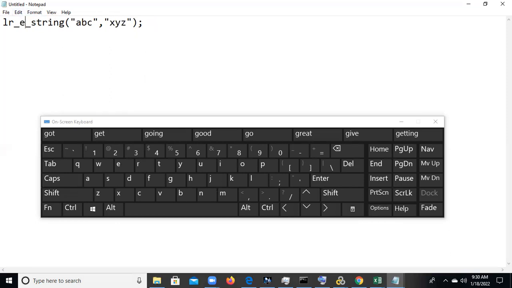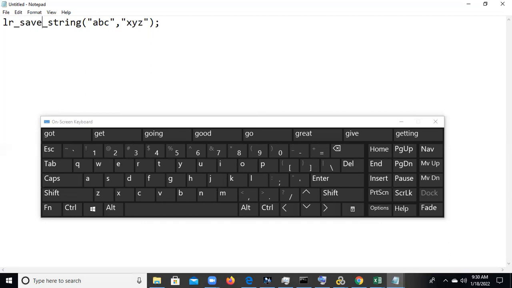Can you explain LR save string again? For what purpose are we using it? For example, we are writing some different code, and I'm saving one variable I declared as ABC.